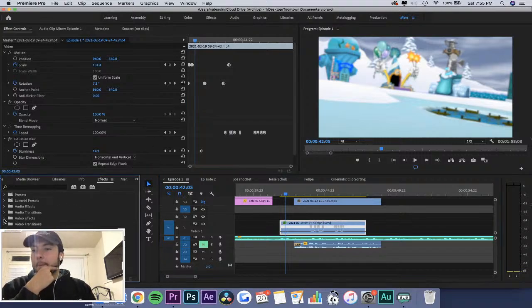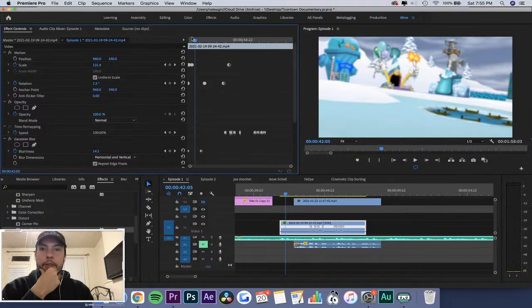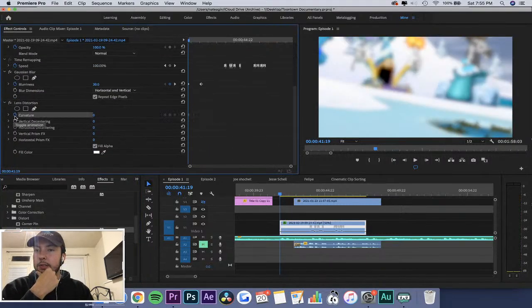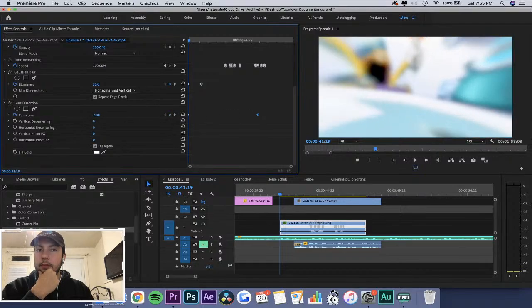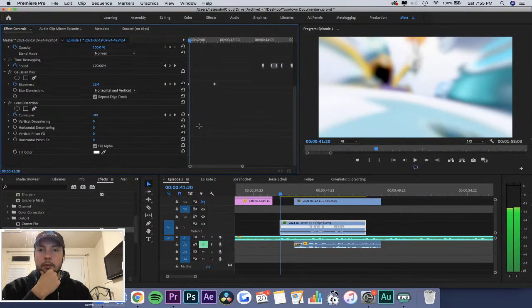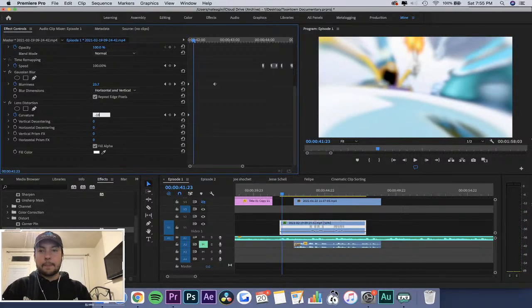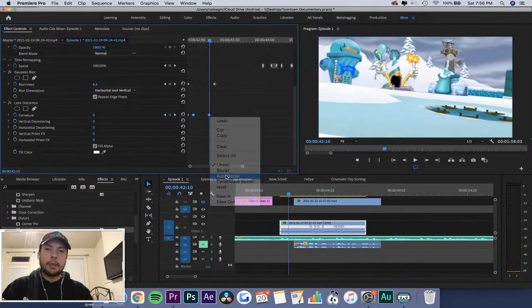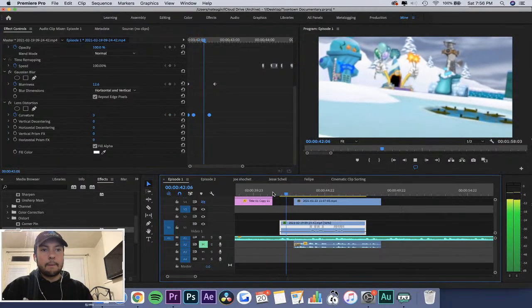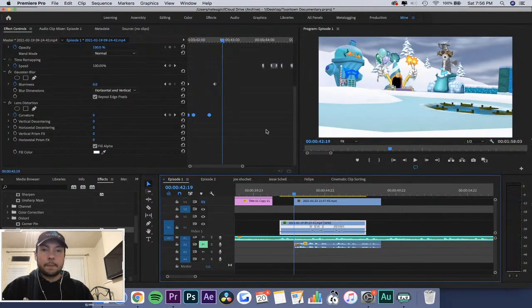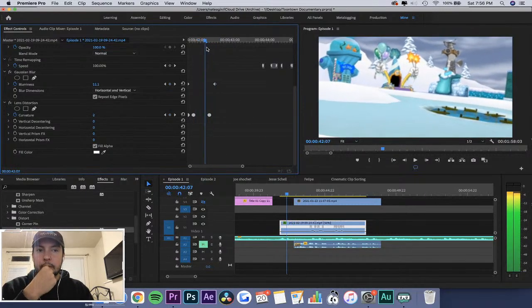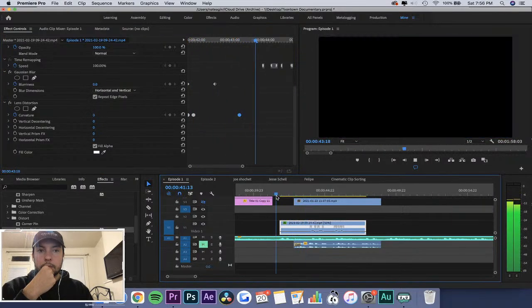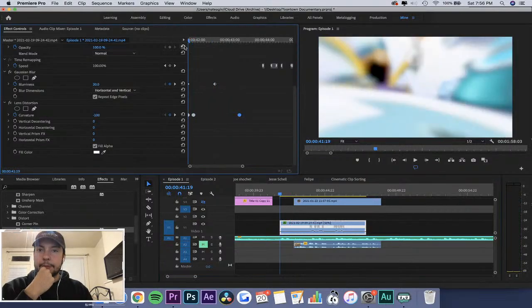Might fool around and throw a lens distortion on here, because that's always nice. Give it a little bit more of a punch here. These get tricky because sometimes, especially when you're zooming out footage, it can get wobbly, so you gotta be careful. Yeah, I did a little bit right there, actually. Like right there. It's not bad, but I don't know.